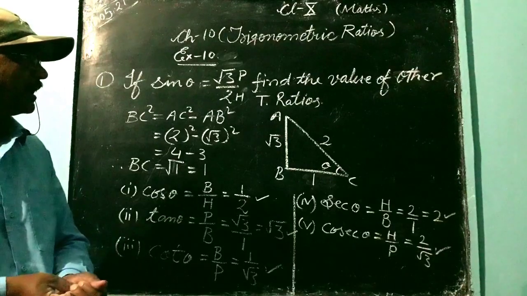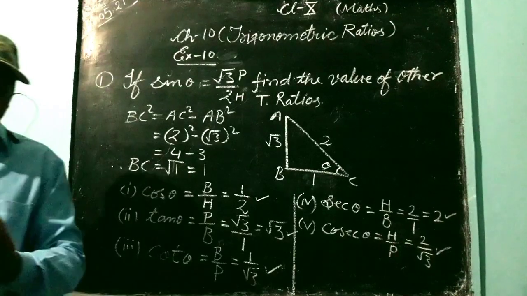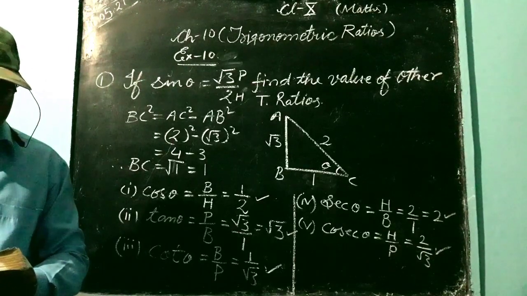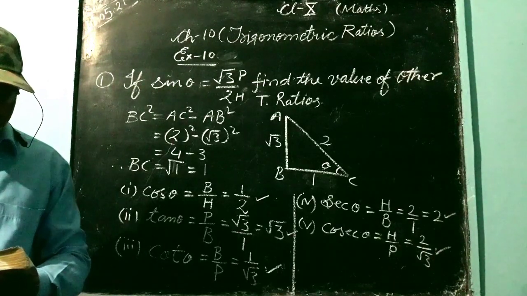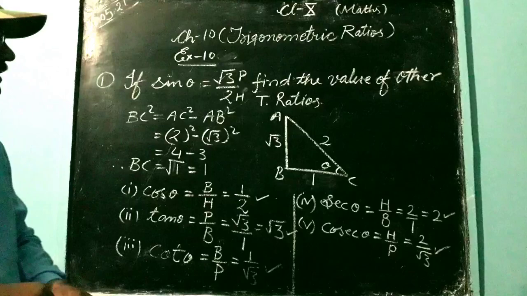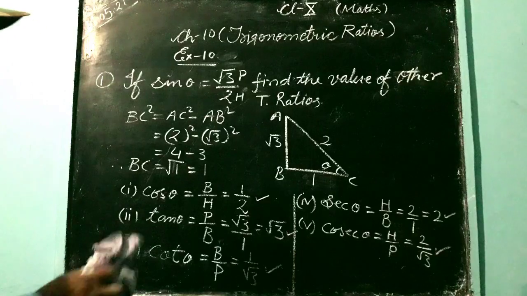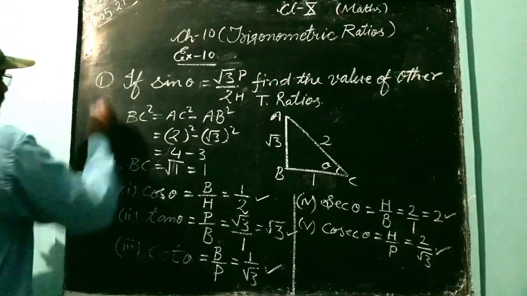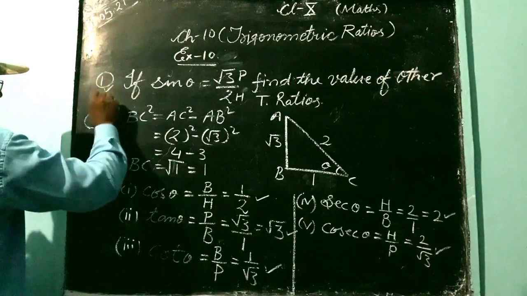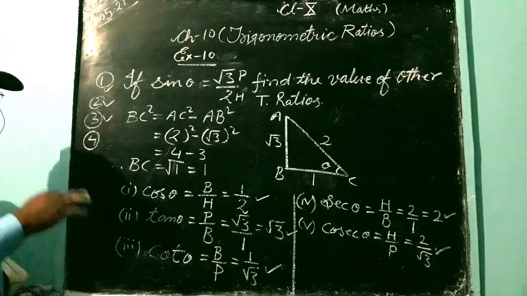In this way you can find all the other parts in question numbers first, second, third, fourth, fifth. Understood? In the fourth question only a very minor difference is given, which I want to explain. Questions 1, 2 and 3 are all the same type. Question 4 is also the same, but something is different, which I will explain here.